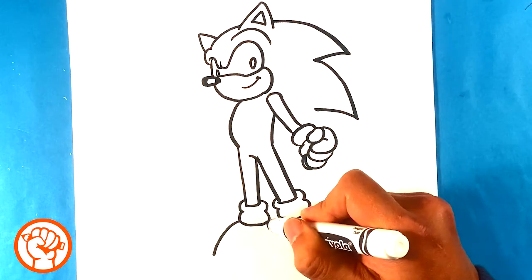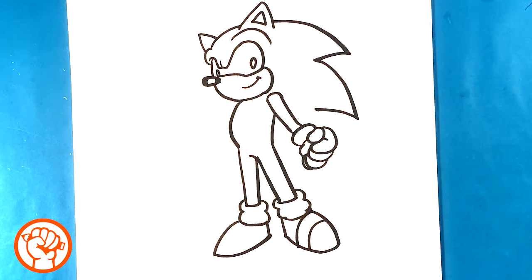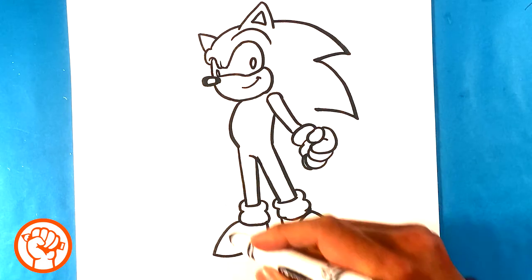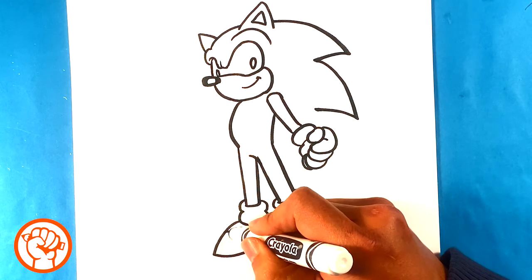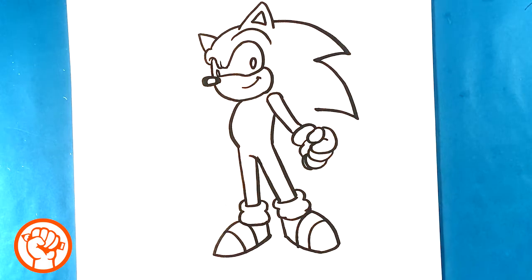Front arc of the foot, straight line down for the back one, and I'm going to curve over here. Then I'm going to put that same design, and imagine like a piece of tape around the shoe. It's like one chunk of tape. And imagine the